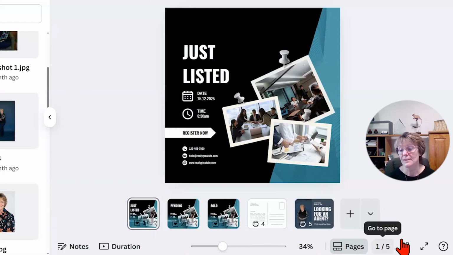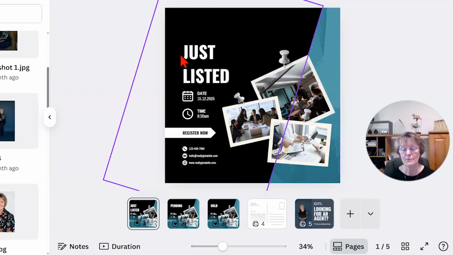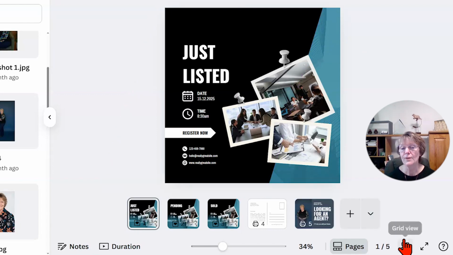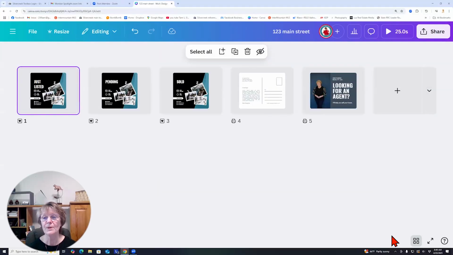The other thing you can do is down here at the bottom, and a lot of people don't know about this grid view. Right now we're in template view, so we're seeing the slide that we're on and thumbnails of all the others. If I go to that grid view, that's going to open up all my slides in a view that I can see easily. This is where it helps to be here when you're wanting to print, because you've got to